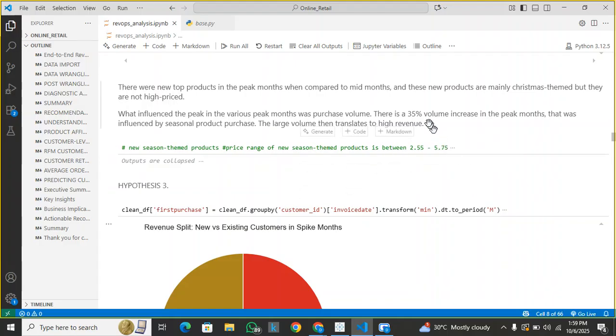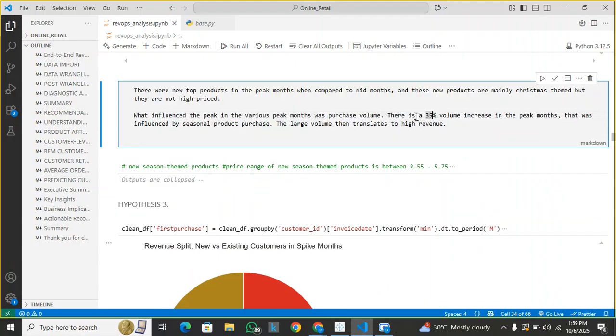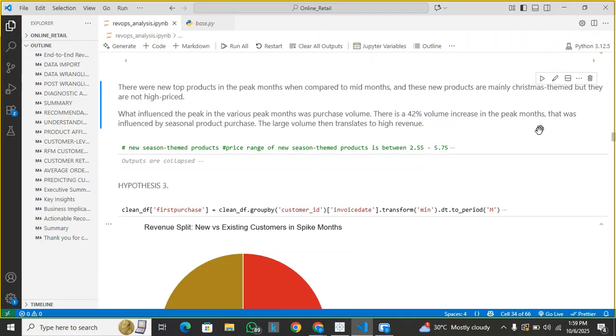There's a 42% volume increase in the peak months that was influenced by seasonal product purchase. The large volume then translates to high revenue. So this is the most reasonable explanation as to why sales increased in the peak months, which are seasonality,